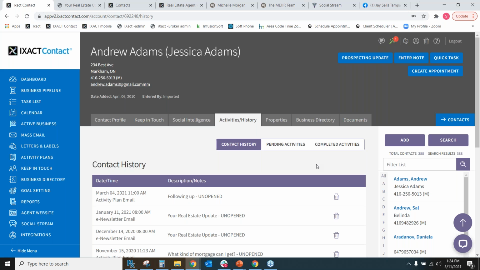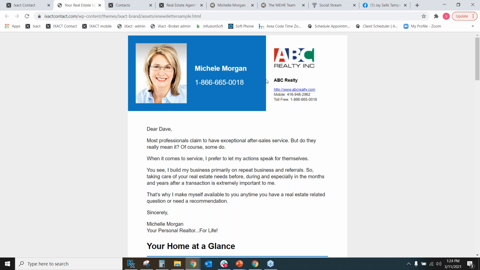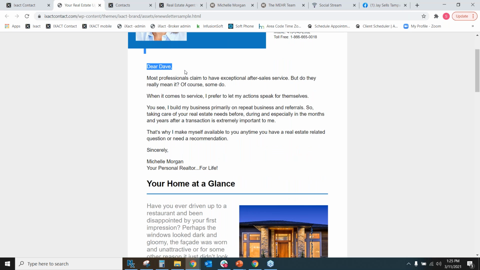Now, as we're talking about the keep in touch section, the email newsletters and the follow-up campaigns, let me show you what those look like. So I mentioned Exact Contact includes a monthly email newsletter. And it looks something like this. It will have your branding at the top here. You can customize the color, and of course it's going to be your headshot, your company logo and information. And then the greeting or salutation, so dear Andy and Jessica, dear Dave, for who you're sending it to,